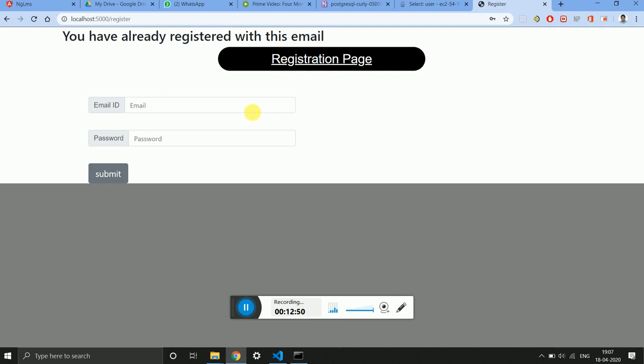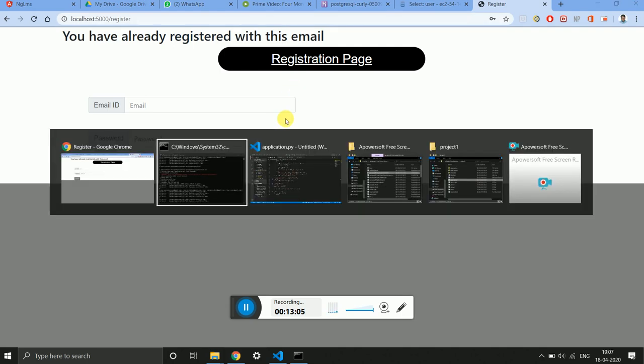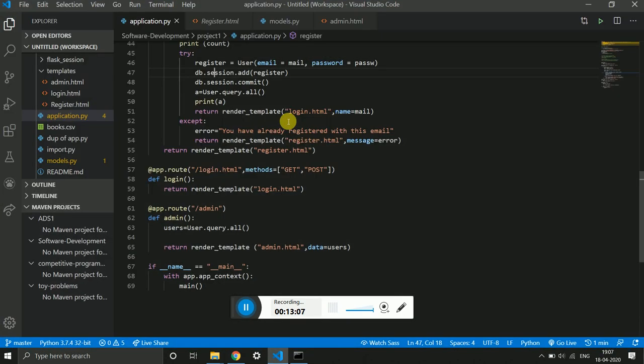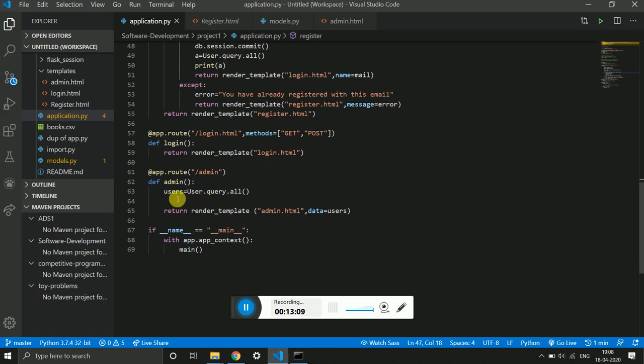This is the main thing that we need to do in task 2. And in task 3, if an admin accesses our database, it needs to display all the database details. So for that, I have created another route, /admin, where I will be rendering the details and putting them in a Bootstrap table.